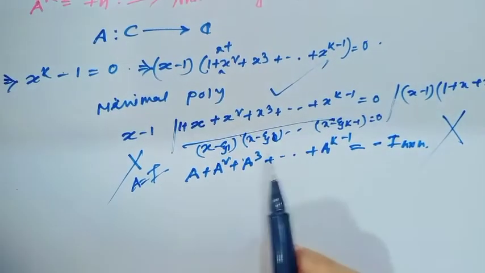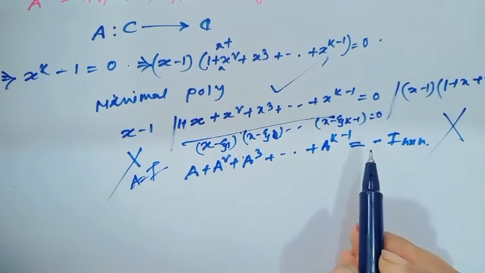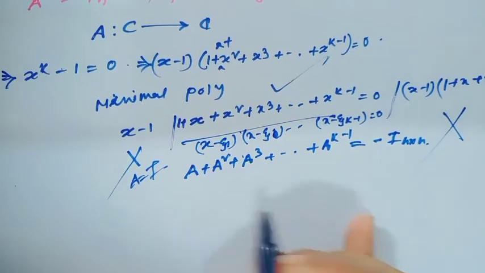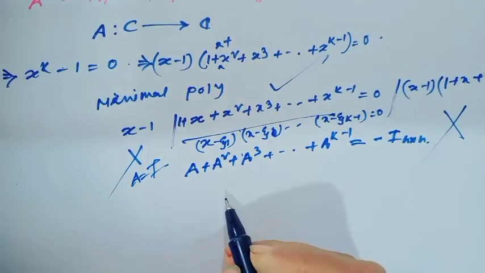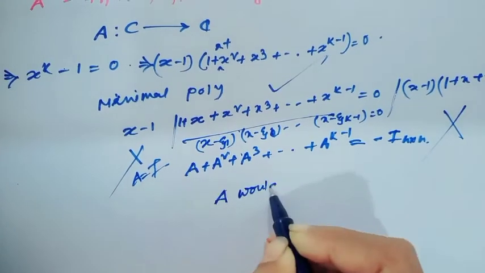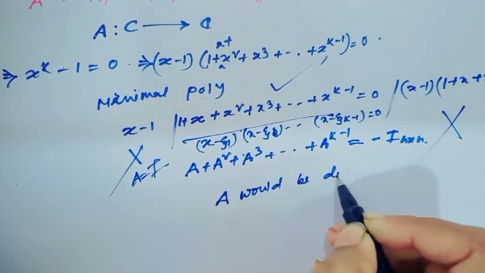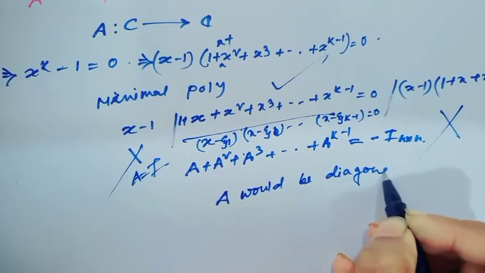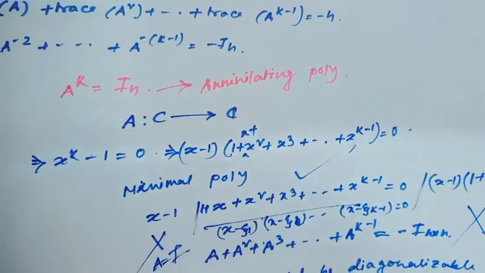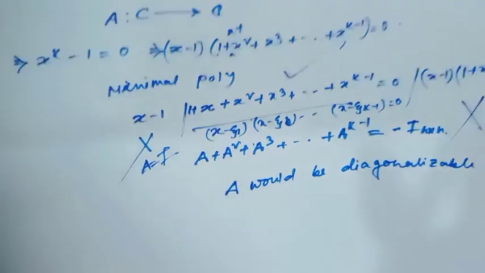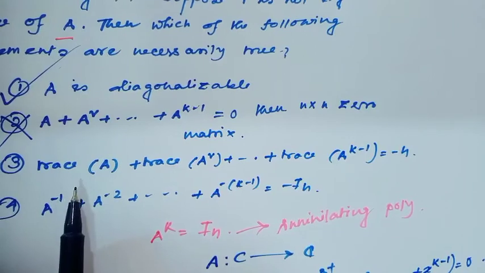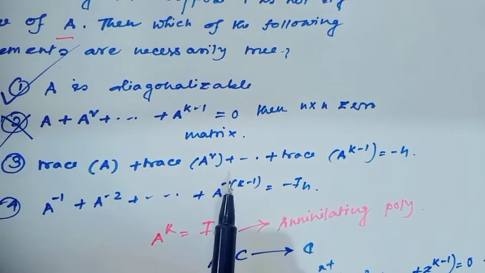So since there exist distinct roots, obviously the matrix A would be diagonalizable. Are you getting it? Well, option 1 is a right option, and option 3 implies trace of A plus trace of A square